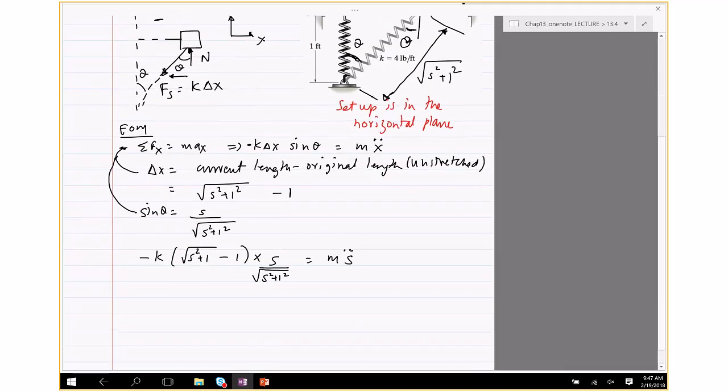Okay, I'm going to simplify this a little bit. s double dot is minus k divided by m, and then I'm going to take this term and get rid of the bracket. So it's s minus